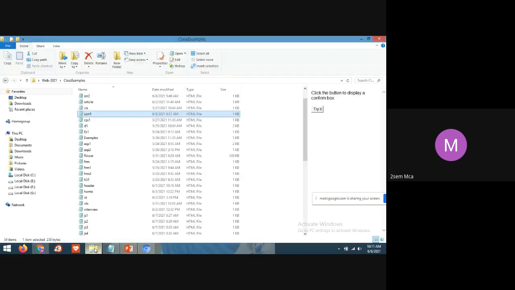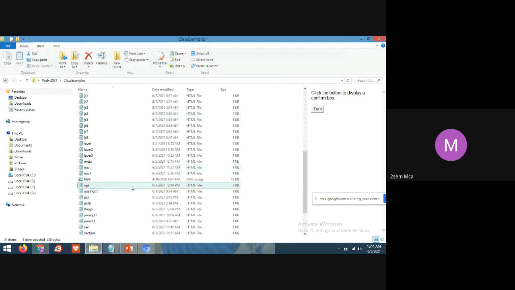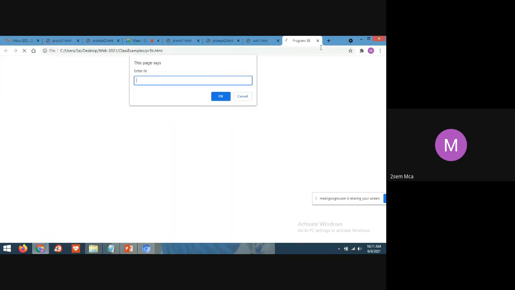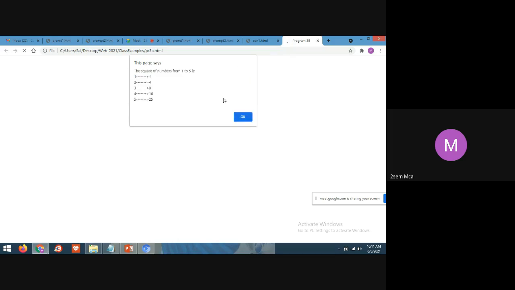For alert window, you have also already seen in your lab program. So this is the alert dialog box.